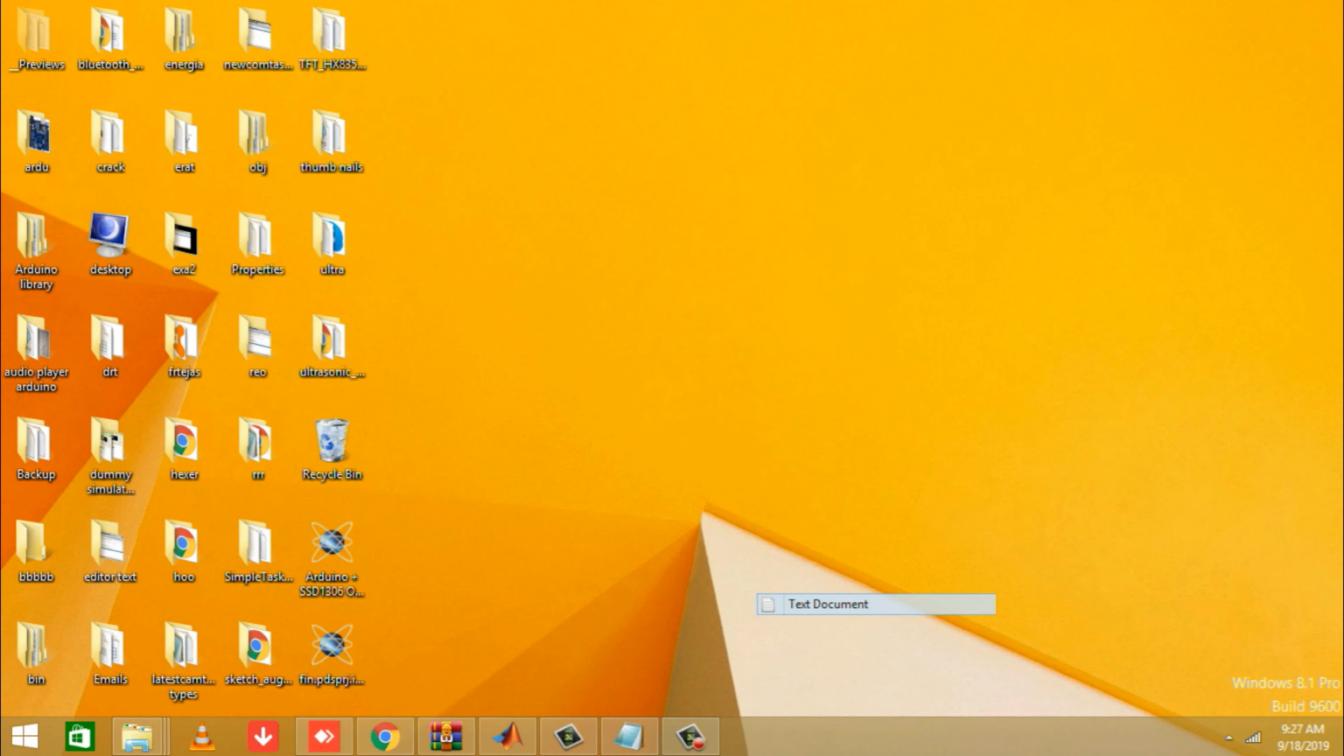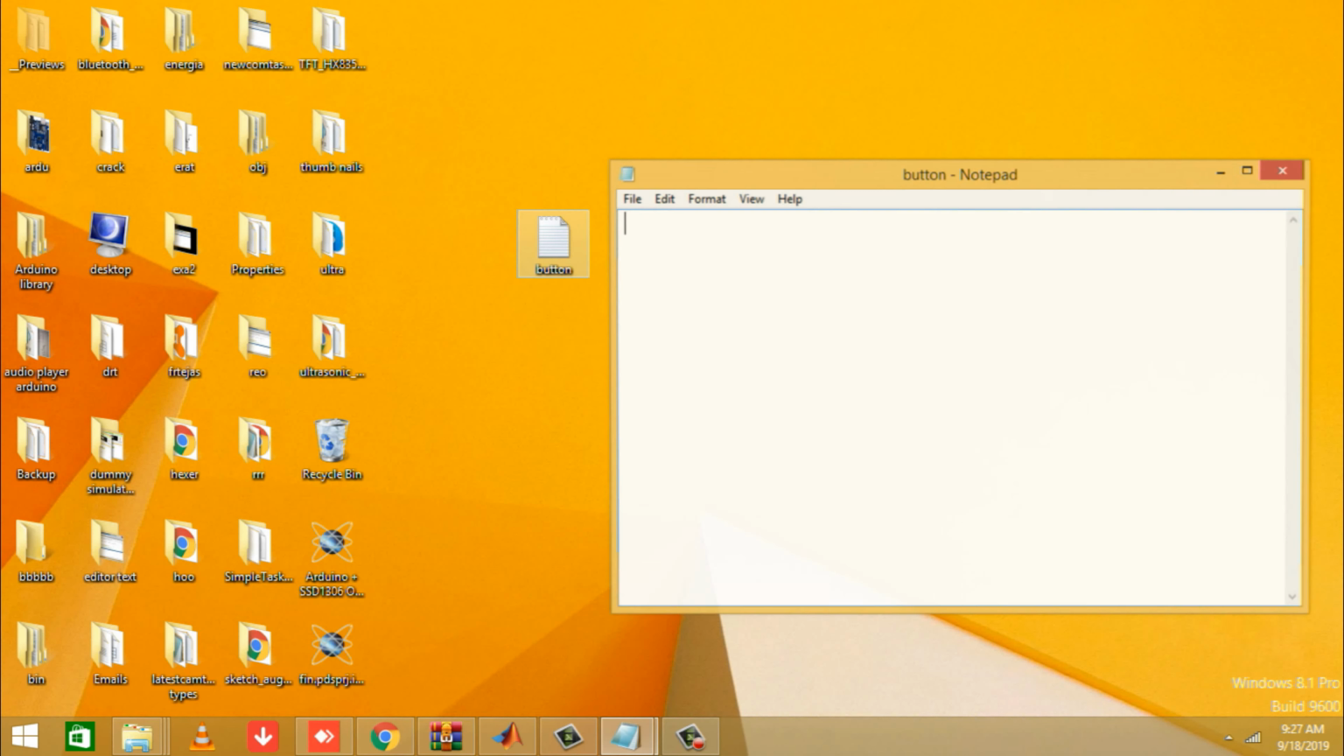First of all, make a new text document. Open that in Notepad. So I have to write an HTML tag. The first tag is HTML, and the closing tag for HTML is a single slash followed by HTML. Now what you have to do is, for creating a button, you have to write a tag known as button. You will write